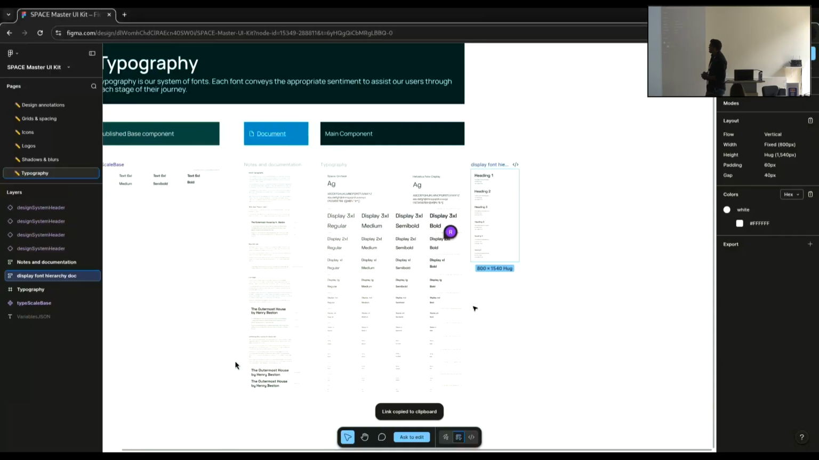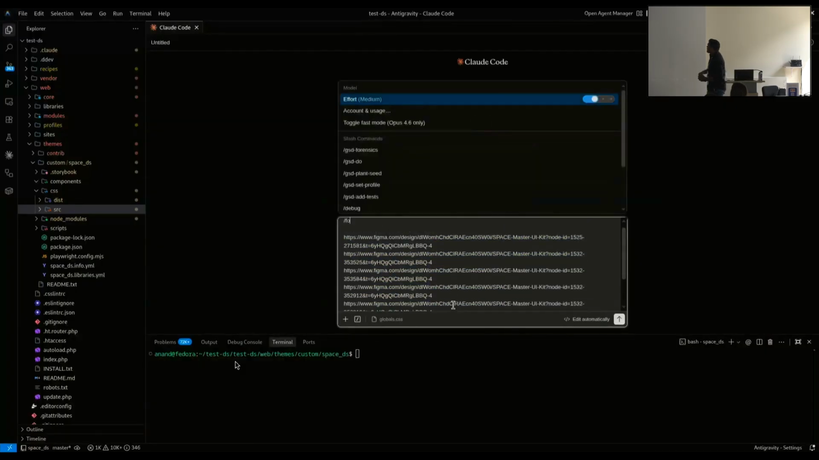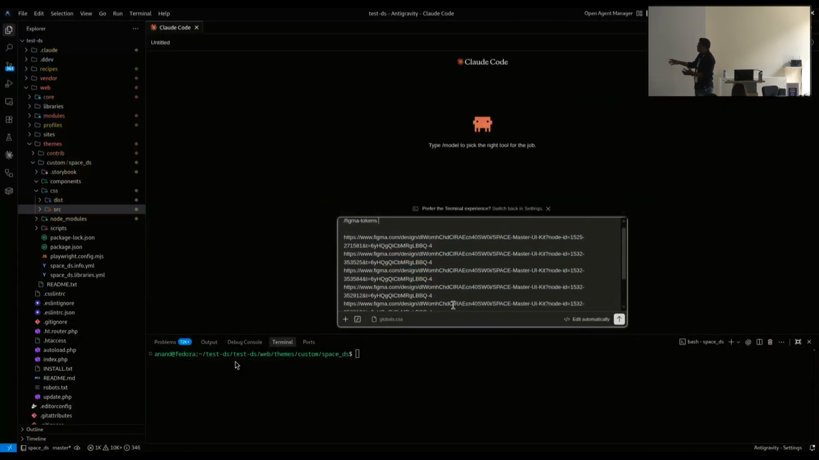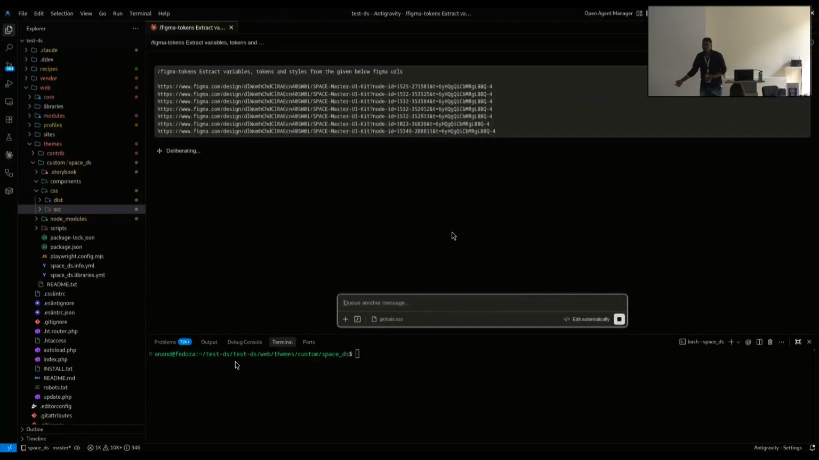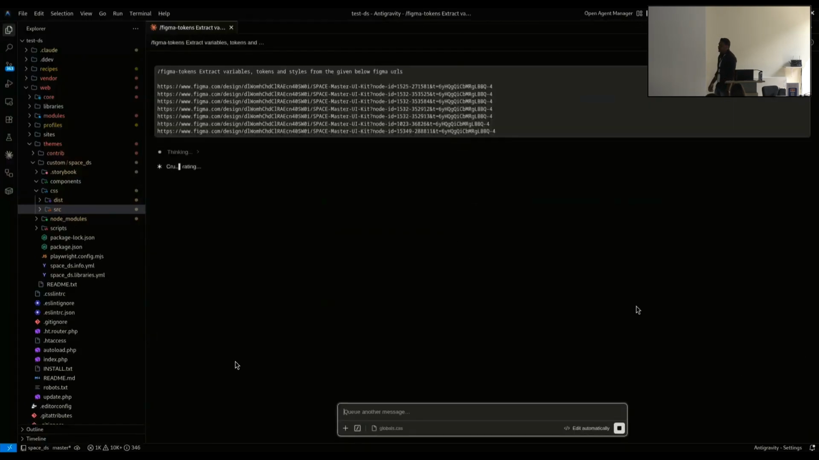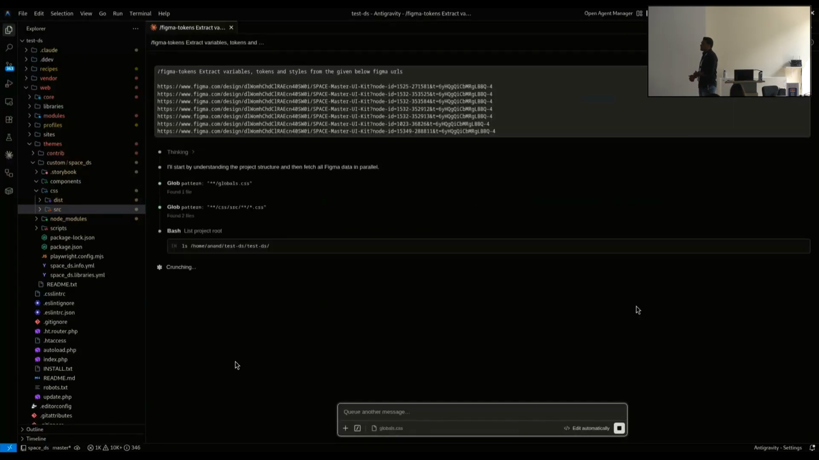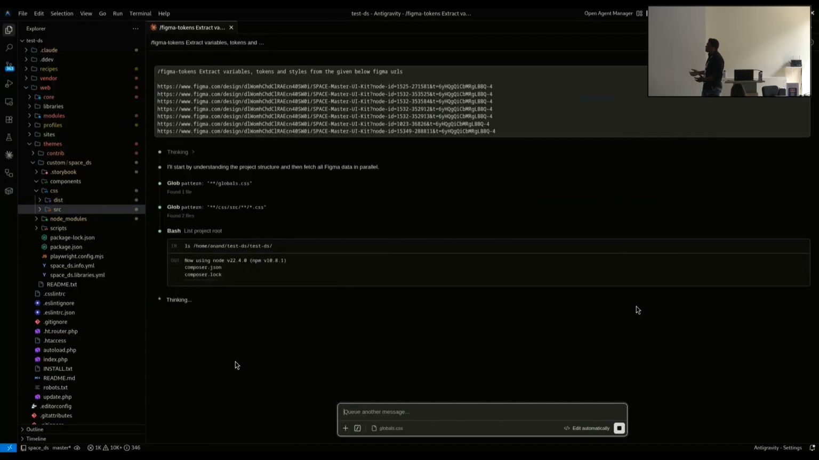Right. I think that's the last. Yeah. And now the developer goes in, just typing the skill name, and it will just ask an agent to extract variables, tokens, and styles from the given below URLs. Now, in the background, agent is going to the Figma, using the Figma MCP server and extracting all those variables